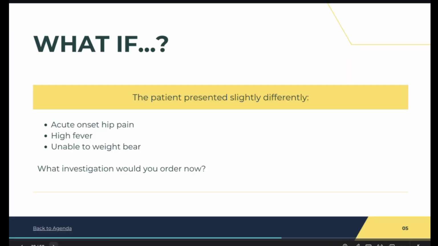So let's imagine that the patient presents slightly differently. Instead of having a low-grade fever, they have a high-grade fever, and it's not only that they have reduced movement, but they cannot weight bear, and there's an acute onset hip pain. What investigation would you request in this scenario? Would you do the same investigation or would you change